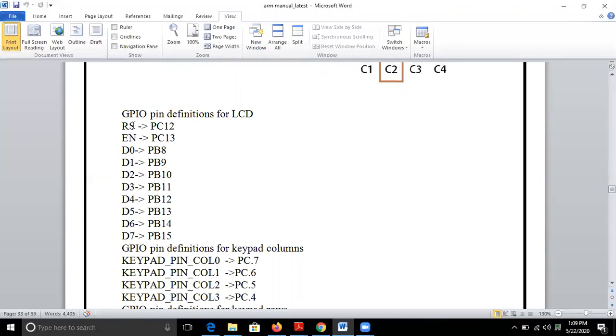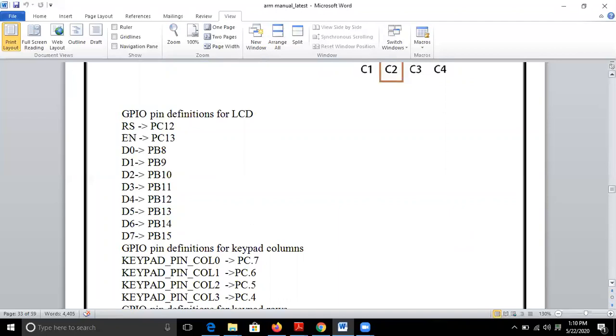So RS is connected to PC12, enable is connected to PC13, whereas RS and enable are connected to port C, pin number 12 and 13 respectively.